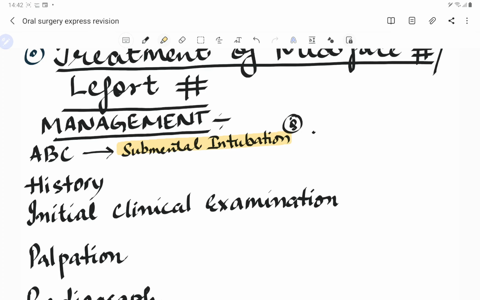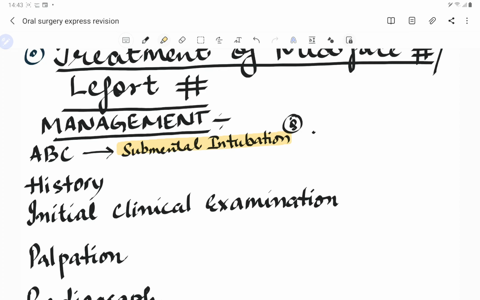But in case of a mid-facial fracture, we cannot put the intubation tube from the nose or the mouth since there is a mid-facial fracture. So most of the times we go for submental intubation, or else we can go for the tracheostomy also. Then we start taking the history. We check the airway, then breathing and then circulation. Suppose after an accident there is a lot of blood loss and the person goes into hypovolemic shock. Then we give either the saline solution or the Ringer's lactate solution. If airway, breathing and circulation are maintained, then we take the history.